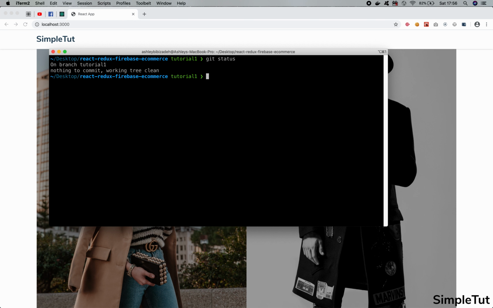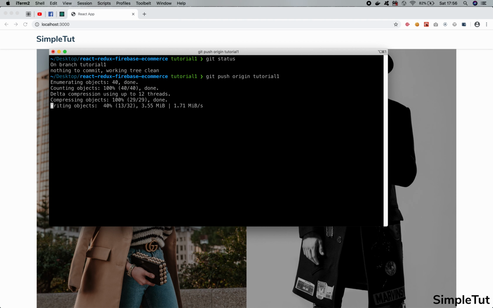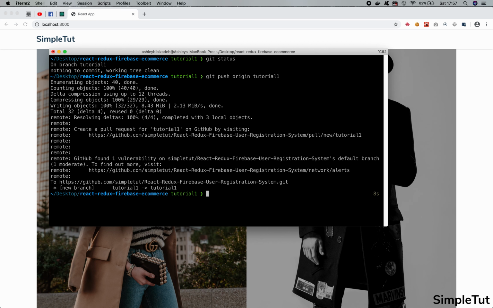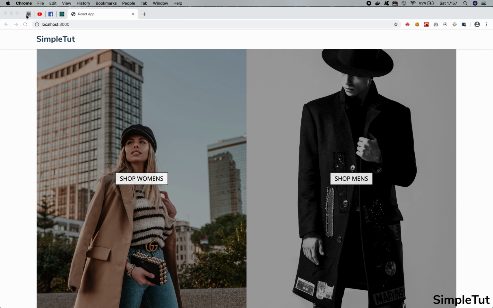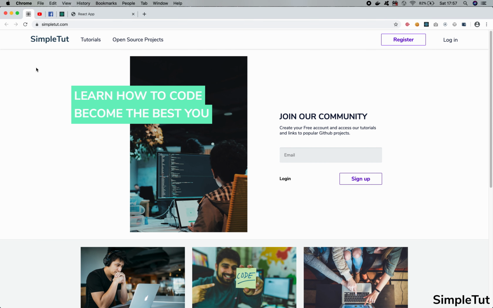Okay, cool. So I'm going to be pushing this, git push, over to my branch. And the minute that I publish this video, I'm going to be merging this branch into master. I'm going to post a link to the official GitHub repository for this project. You can find that in the description of this video, but you can also find it by heading over to